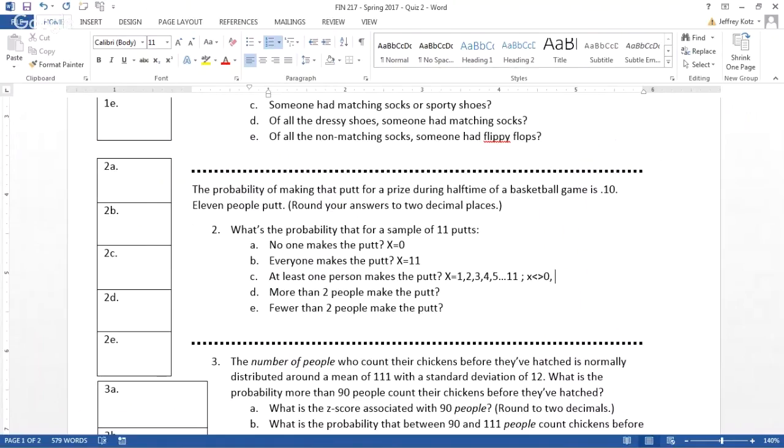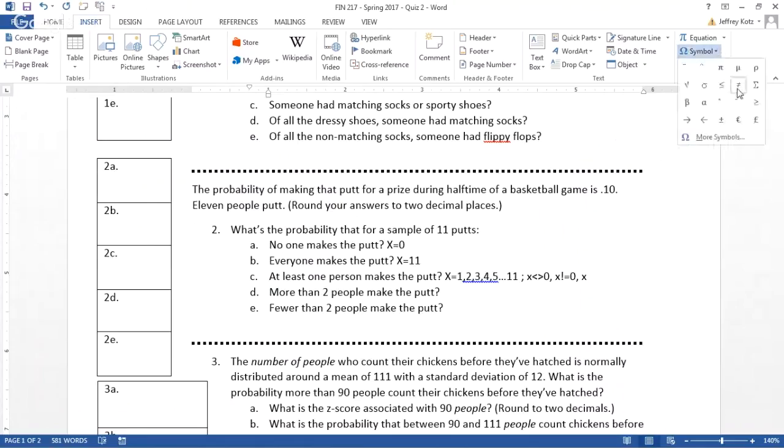Sometimes people write that as x does not equal 0, or if you really want to, x, insert a symbol, does not equal 0. Fine with me, whichever way you want to do it. Or you could say, I suppose, x greater than 0. All of those are fine as long as x doesn't equal 0, which should be the complement of the answer